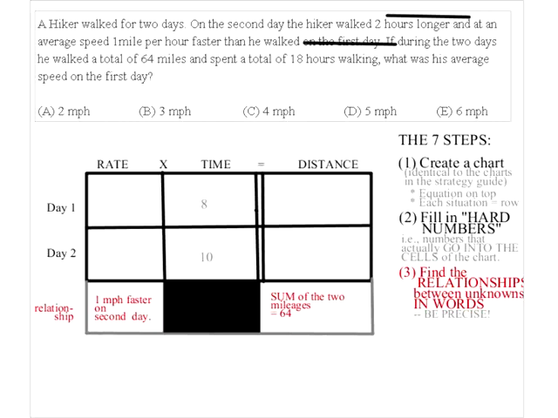Now notice the whole point here is not to use two variables. That's the whole point. You do not want R and R plus 1 and D and 64 minus D. Because if you do, you've got two equations. And unless you are lightning fast at algebra, that's hard to work with. Step 4, this is where you get into the variables. Define one variable, not two, from a relationship.